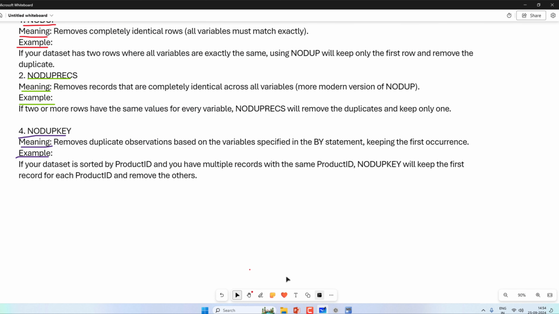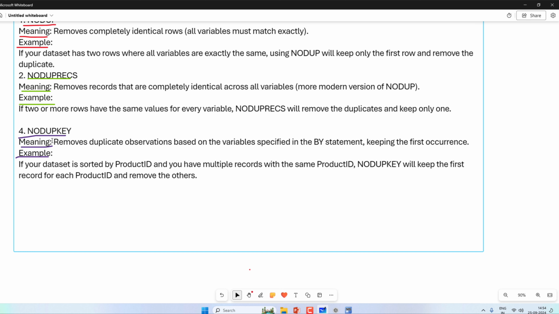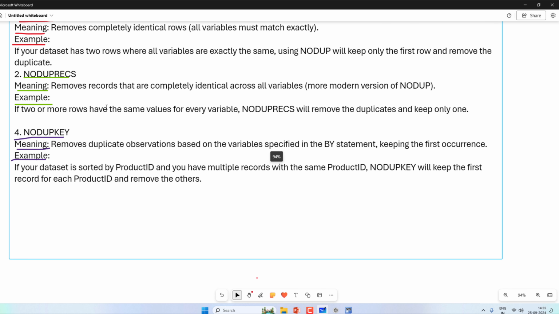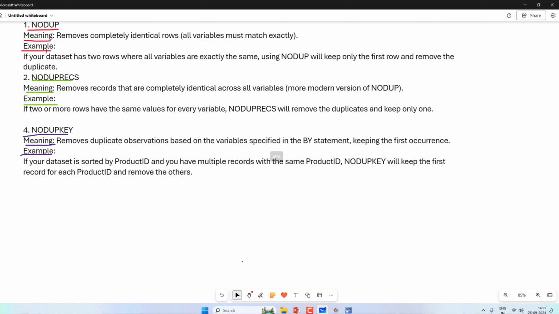And the next one is NODUPKEY. NODUPKEY removes duplicate observations based on the variables specified in the BY statement, keeping the first occurrence. With NODUP and NODUPRECS, we sort the data set by all the variables and keep only the first row in the data set.